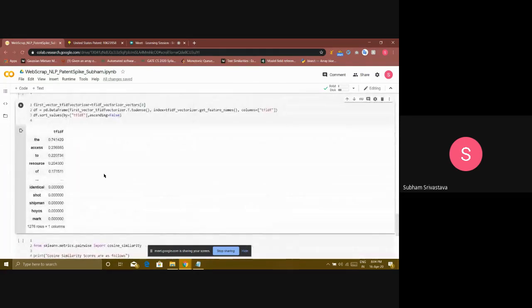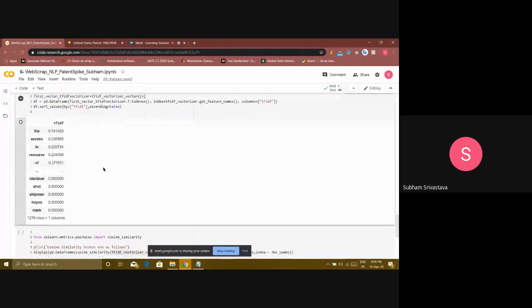You can see if 'mark' is coming only one time, you can understand 'mark', 'hoyos', if these kinds of words are coming only in one document, their count is getting really less. And if they are coming a significant number of times but only in one document, then their count increases but TF-IDF decreases. So that is how this TF-IDF vector balances the vector and understands what value to give.